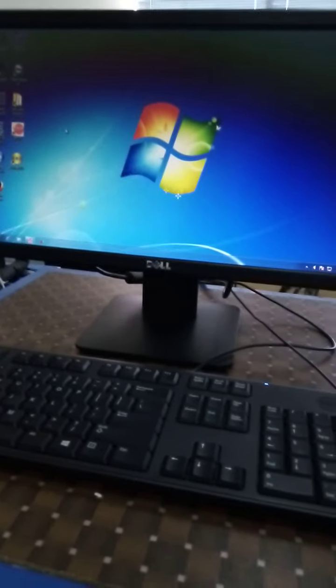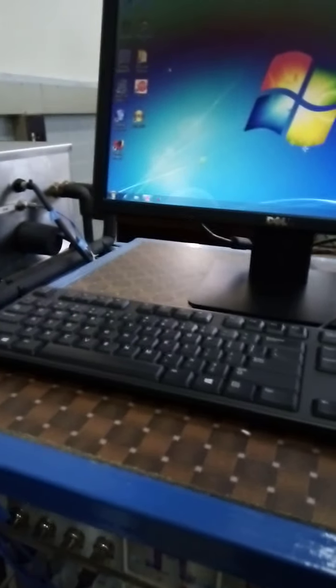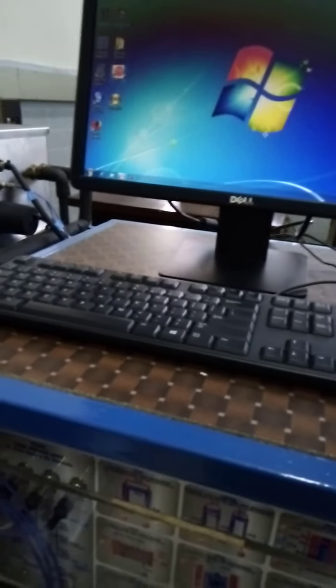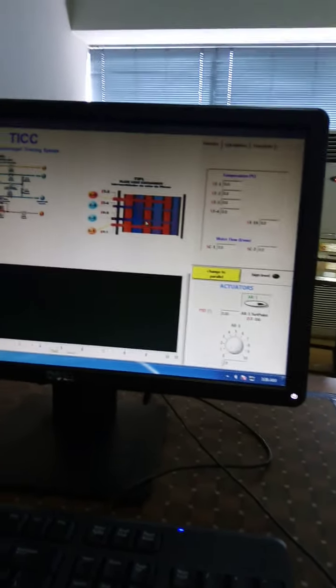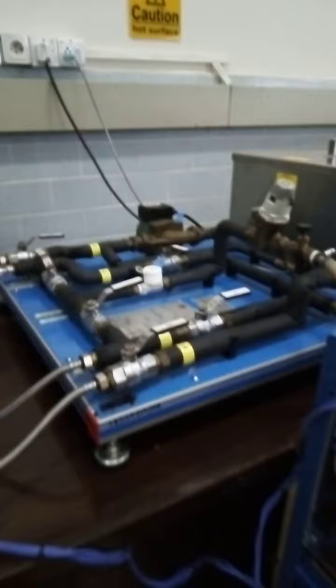Welcome to the MEL 4 heat transfer lab. So we have the experiment plate heat exchanger. First of all, you will start the software from here. Just minimize it and you can see the cross-sectional view of the plate heat exchanger. Here we have the setup for the plate heat exchanger. I am just showing you and then I will explain each and every part.